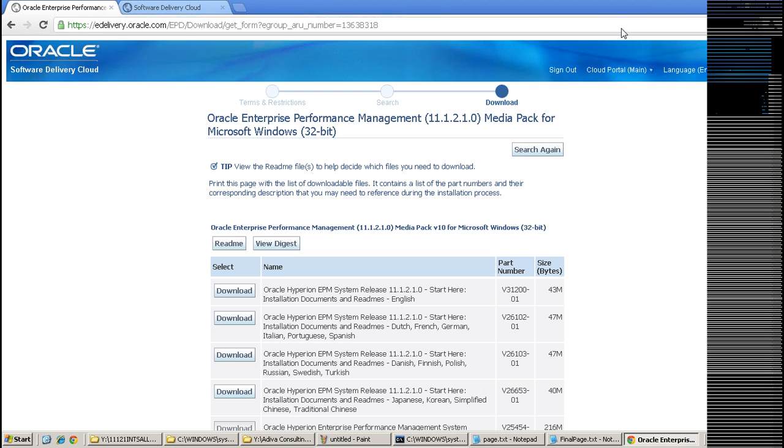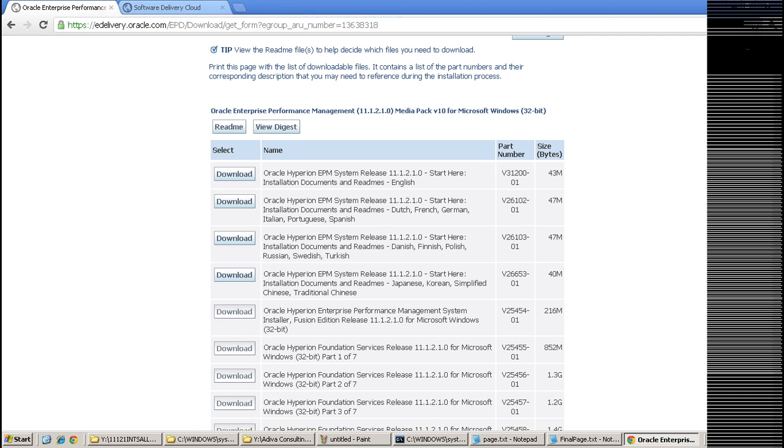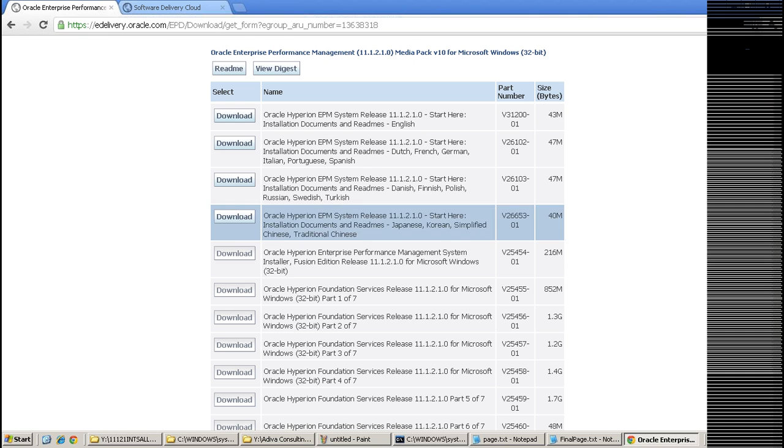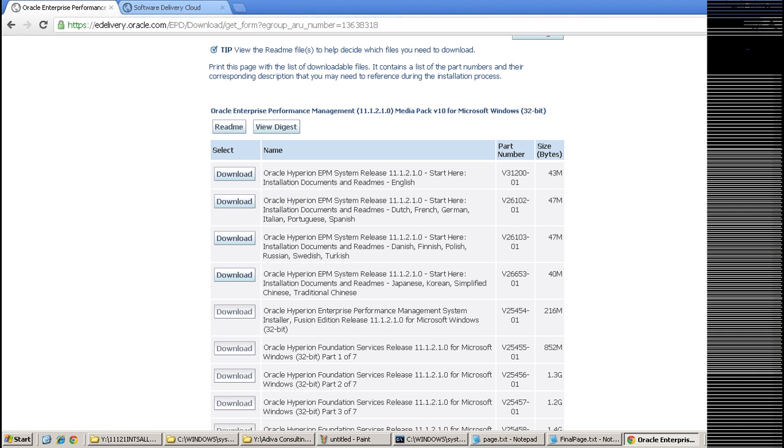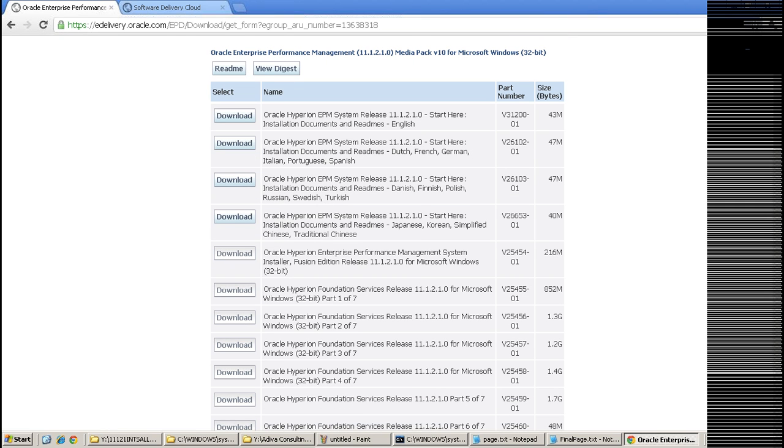Now we will see what files we need to download for installation. For 11.121 installation, you can see the 32-bit version here, or if you are going for 64-bit, just select the required version and download the files.